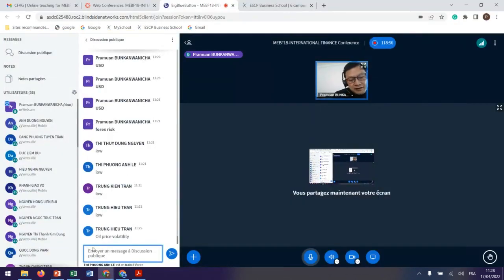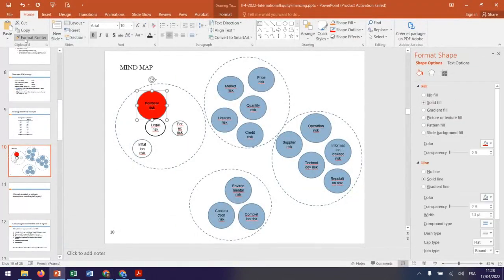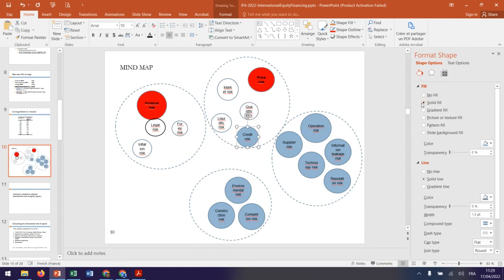Oil price volatility. Very good. So I would think that this project has a huge risk that we should be able to identify, and it should represent this price risk, which is part of the market risk and part of quantity. I think the others should be small, right? And the credit risk, yeah, it depends, but after you do the DSCR, you calculate the liquidity, all that. I would probably take it as important, but probably less important than the price risk. Okay,